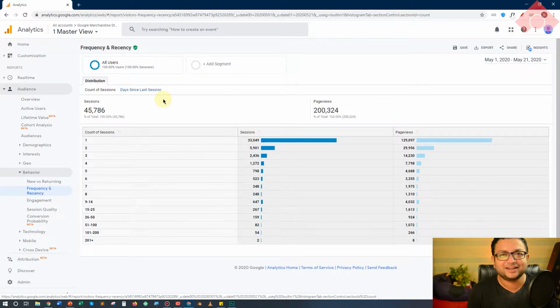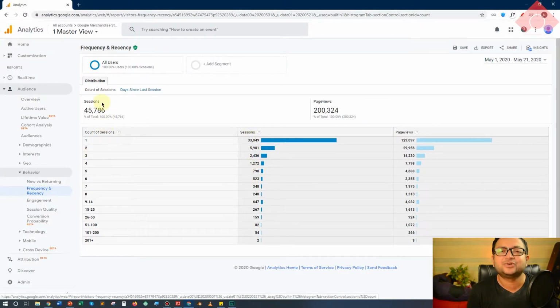And if you try on the internet, you will not really find many good examples or good explanations for this report. Google's own documentation has some really good explanation, but here I'm going to try to simplify this for you. Before we start analyzing this data, we need to understand what this data means.